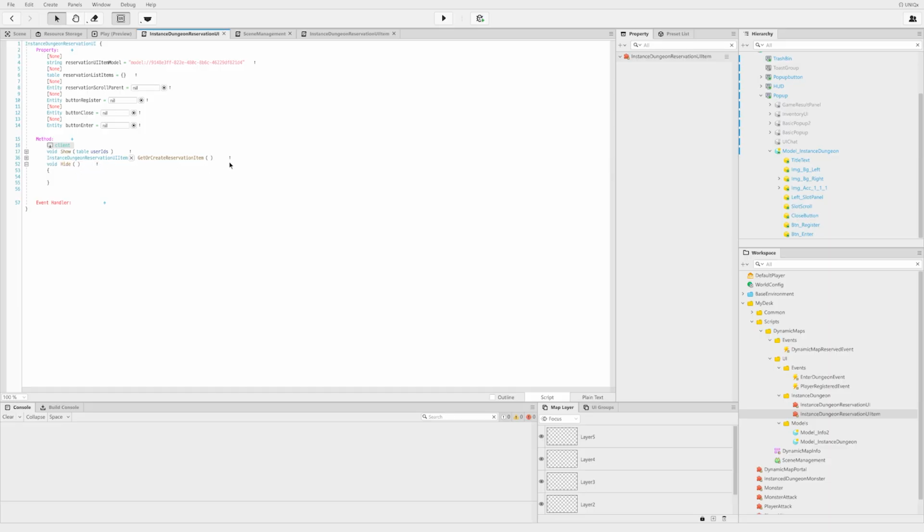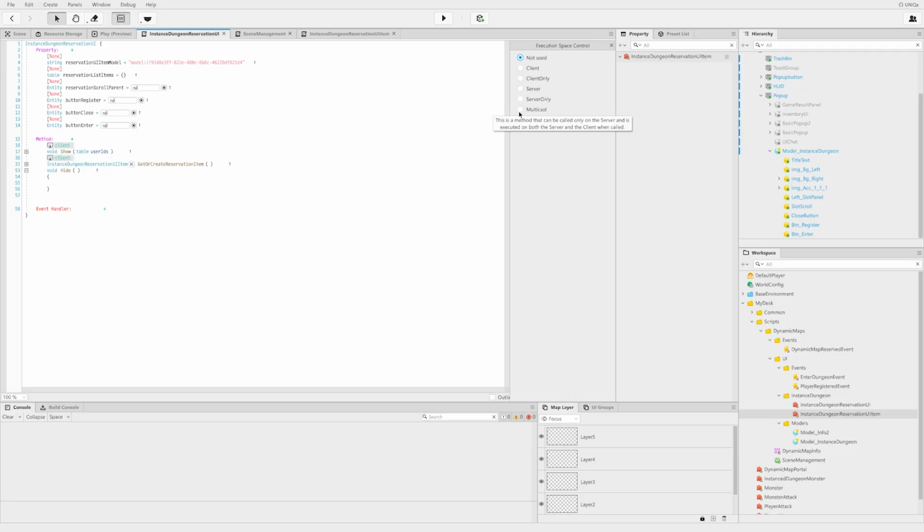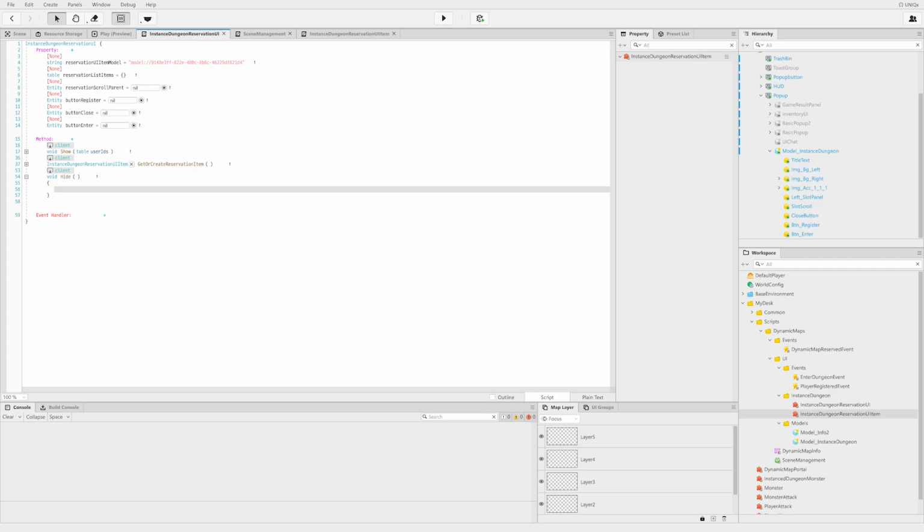And again, we're going to make sure that both of these are client-side functions. So let's set both of these as client-side functions. And in our hide function, first thing we're going to do is disable this entity. We're going to take a look at what this private variable is doing in just a moment. But if the player is already registered, then we're going to send the player registered event so that we can